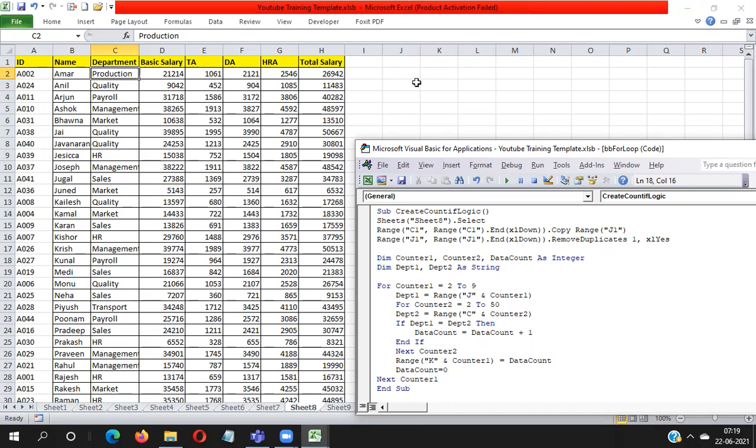One by one you will get the data count, and it will be placed into the K column. I'm removing the duplicate values here, and it will check the count. So press F5, and it places the data count for the production department. Now the data count is reset, because I need to take the data count of quality, so I have reset data count equal to 0. Then I press F5 and you can see the output here.